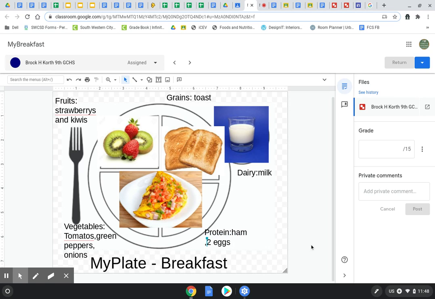He has all of his pictures on the plate and all of his food groups on the canvas. He's now ready to keep working on how much food he's eating. So for tomorrow's class, you want to have at least what Brock has: the pictures and the food listed out in the correct areas of the plate.